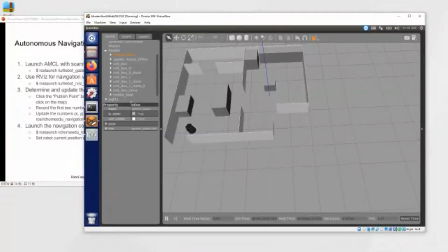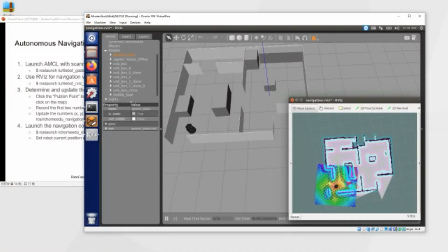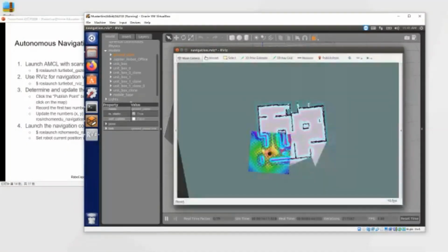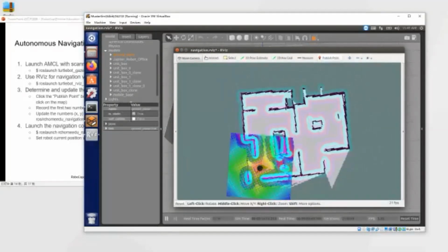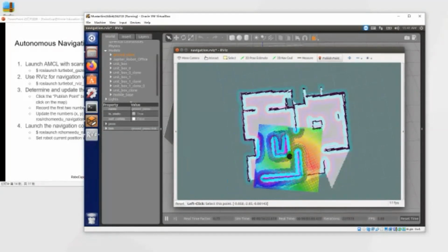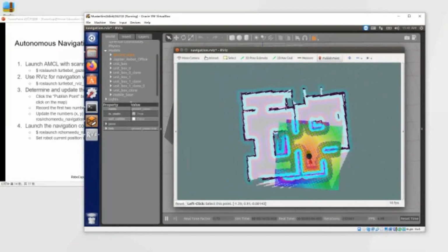And the first thing is we need to get the position of the point, and we use the publish point. First, I navigate the robot back to here, and I click here. But remember, don't click the button on the map. We just move the arrow to get the position. You can find at the bottom of this, the position updates according to my movement of the arrow. For example, I choose here. Yeah. Negative